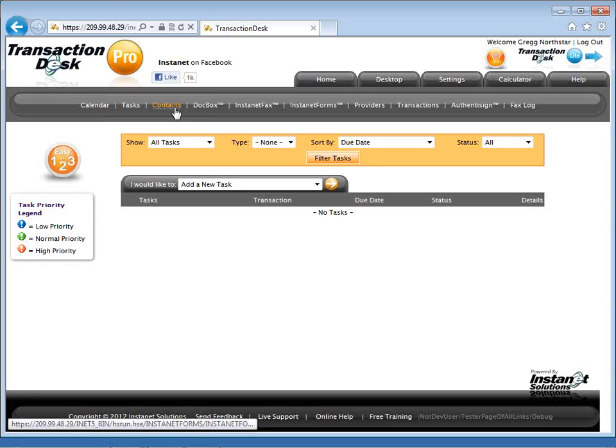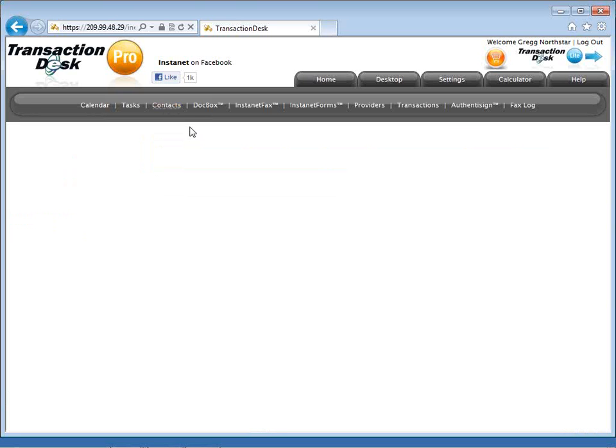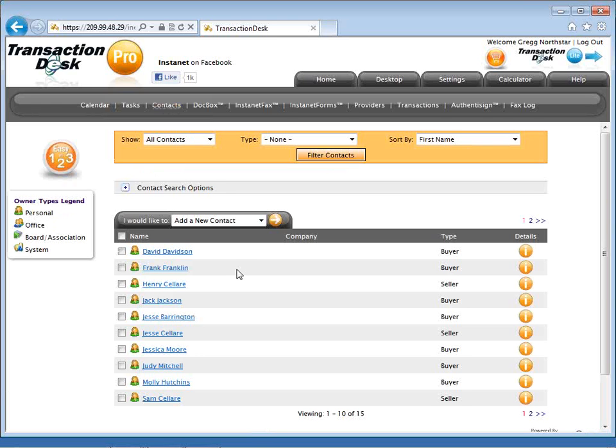Contacts. Click on the Contacts link. Contacts within your Transaction Desk account. These are the contacts that I've added in over the demonstrations that we've done. I would like to phrase, so we are in the Contacts functional page. Our options, what we would like to do is add a contact, import, export utility,